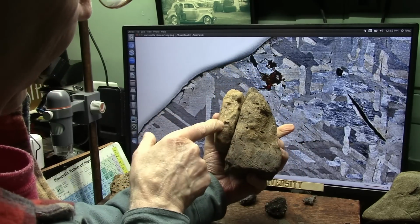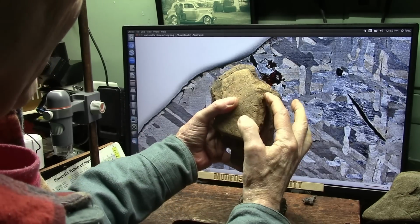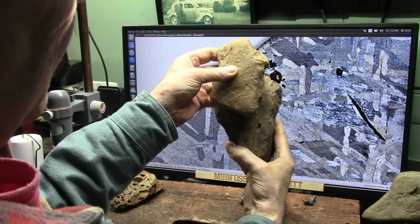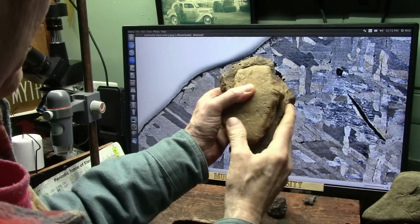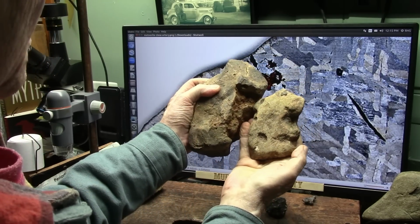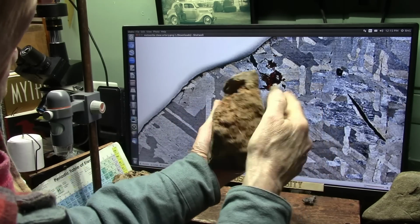There's your veins. Here's your veins here. There's that hook. You see the hook? And there's the tip. And here's where the red blood blows out on the side. All right, coming from the end, coming in,